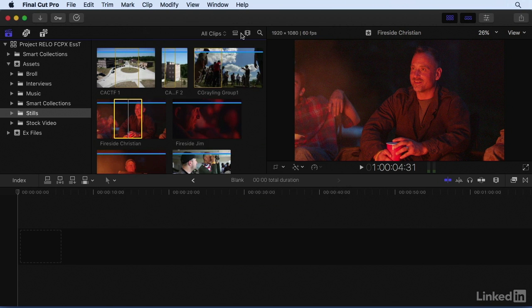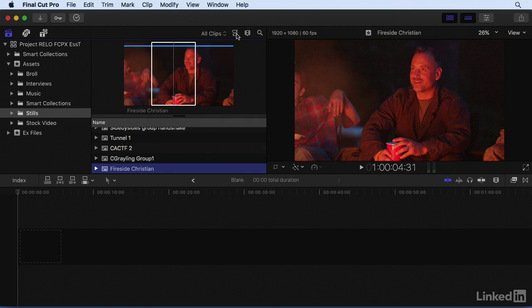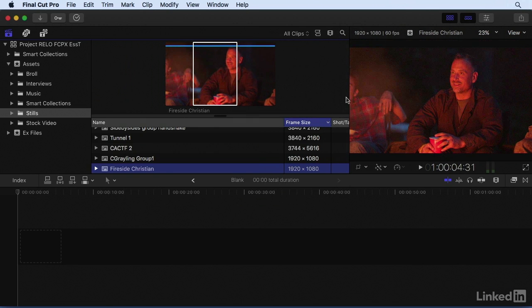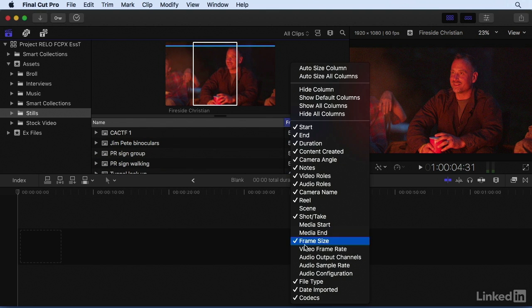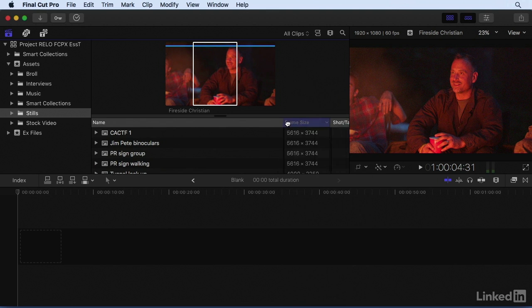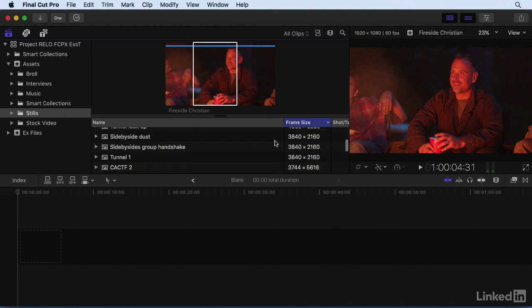I'm going to toggle this from Film Strip View to List View. And I'm just going to drag this over a little bit so we can see my frame size column. And if frame size is not displayed for you, just right-click on the header and then put a check mark next to frame size. And of course, you can move these columns to the left and the right, however you like. But as you can see, I have lots of different sizes of still image here, and also lots of